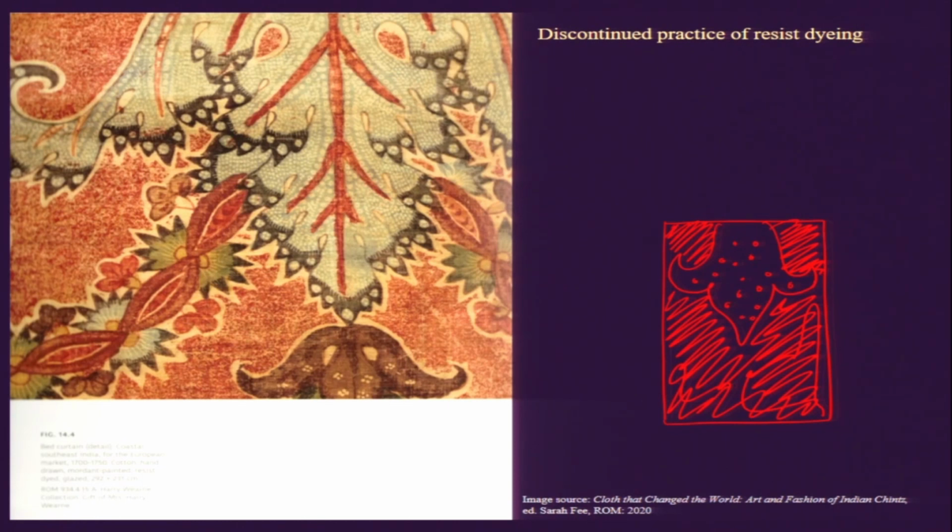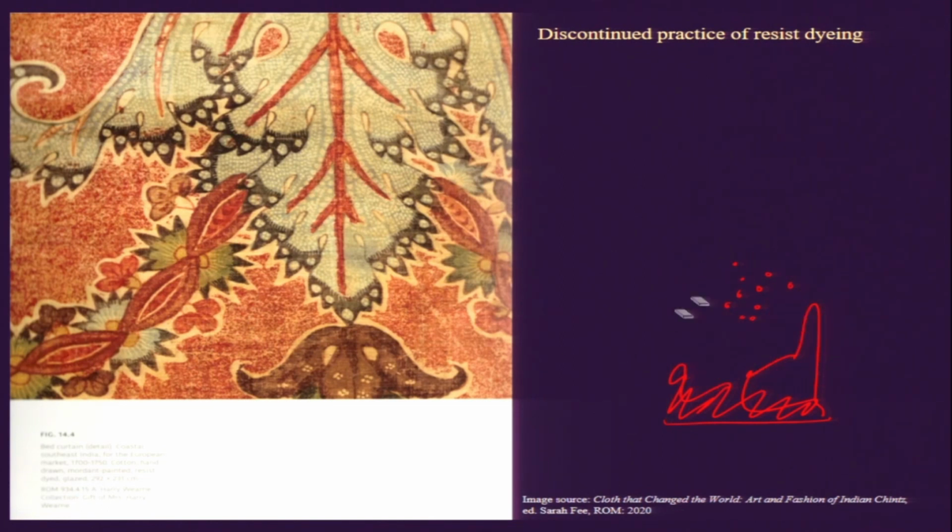And then it is dipped in the indigo vat. This is a very different technique from the other painting and printing, because in this case you are submerging the entire textile in a vat, and there is a risk of the other areas catching the color as well. But still it needs to be done in this particular way, because one of the characteristics of indigo is that if you need an area to have an even shade of blue, it needs to be dipped and it cannot really be drawn by hand.